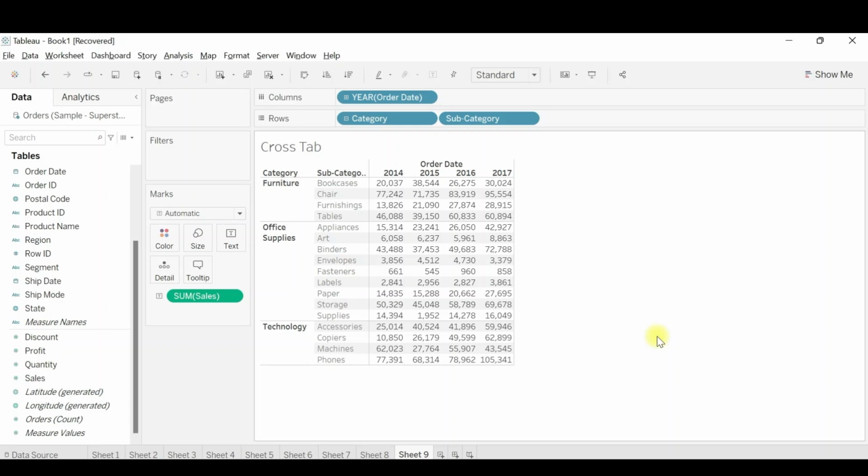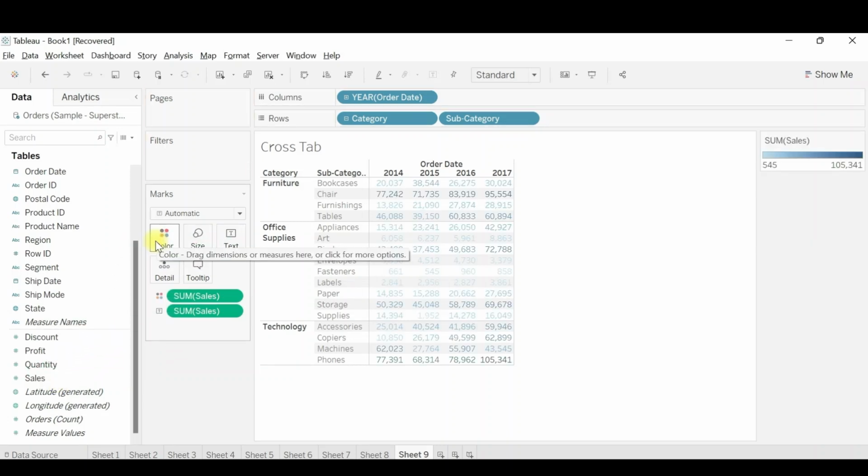Another use case can be, suppose I need to show certain color coding. I need to provide colors to different values. For example, I need to provide it on the basis of sales only. I can drag and drop sales to the color, and you'll see the colors have changed. On the right side, I can see the coloring pane showing how the colors are changing. Starting from the lowest to the highest, the gradient of blue is changing, and we are well aware of how to modify it.